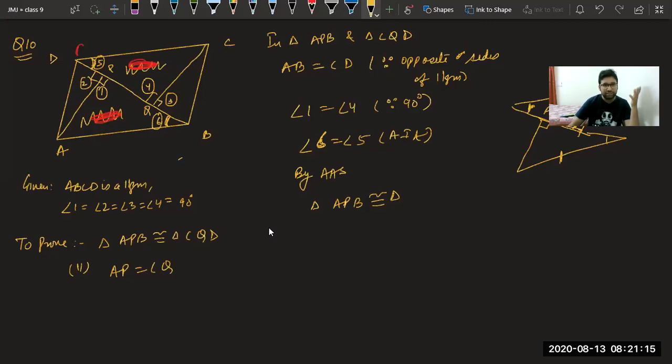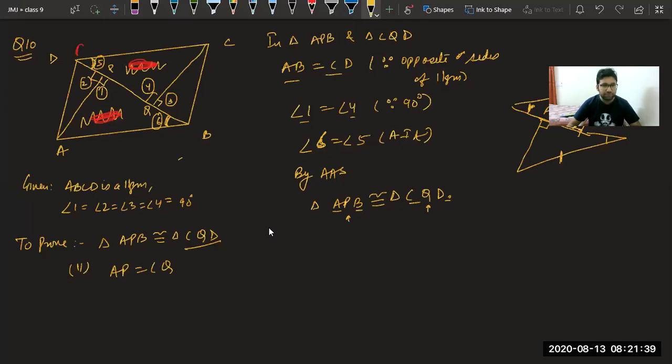The question is saying, let me write that only. Why do the labor all the time? Okay, so we have got this. If you want, you can verify with the given things. We want AB equal to CD. We are getting AB and CD equal. We want 1 equal to 4. 1 is your P, 4 is your Q. So P and Q are also there. So it is correct. Now, second part, we have to prove AP equal to CQ.